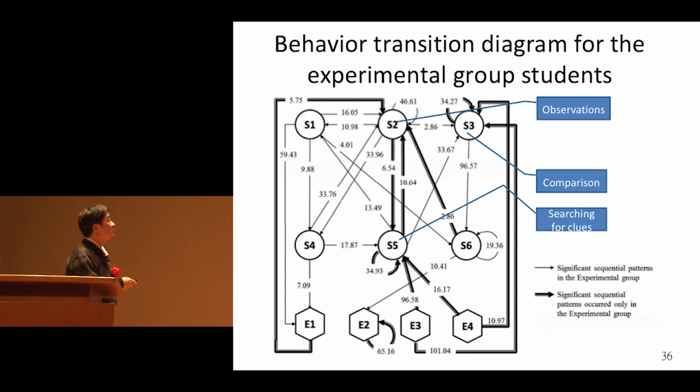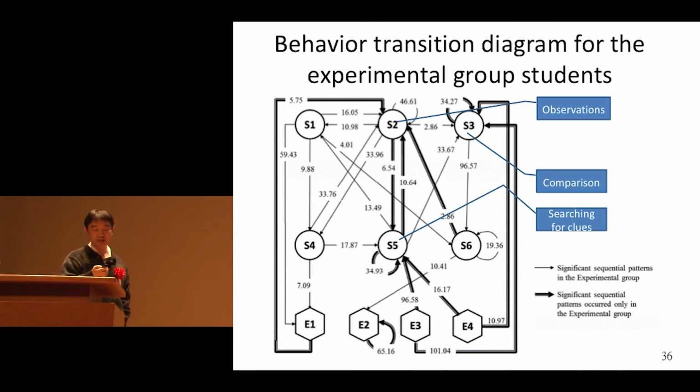As we can see from this graph, this graph is the behavior transition diagram for the experimental group of students. The students in this group make more observation and more comparison during the gaming process. Also, they have more behavior of searching for clues during the gaming process,